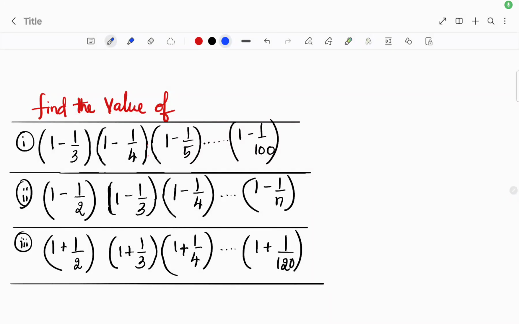Following questions are this way. So we'll try to find the proper simplification within a few seconds you can solve. In this way we will try to solve. First we'll solve normally, and then we will try to see the logic behind these type of questions. Okay, the first question is